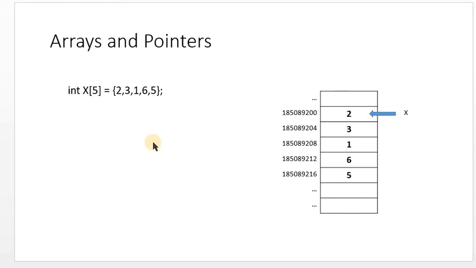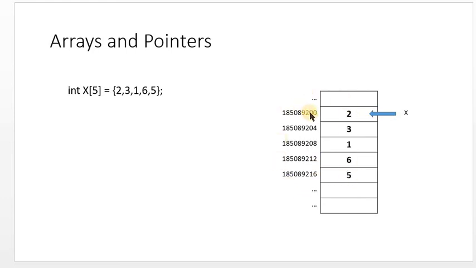Today we'll learn the use of pointers in accessing elements of the array. When an array is declared, the compiler allocates a base address, or a starting address, for the elements and enough storage to contain all the elements of the array in a continuous memory location. If I declare an array X of size 5, the compiler allocates a starting address for this array.